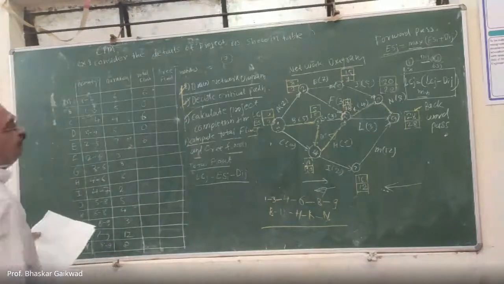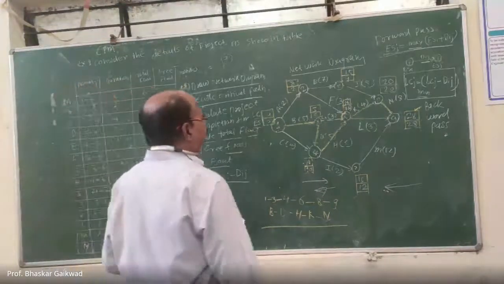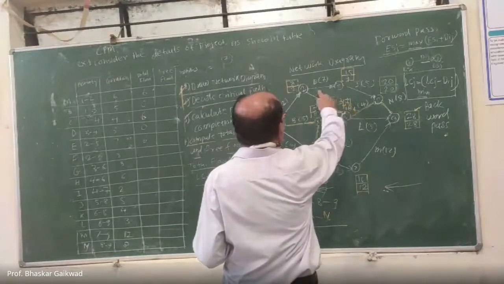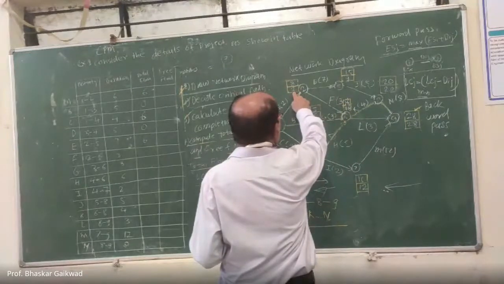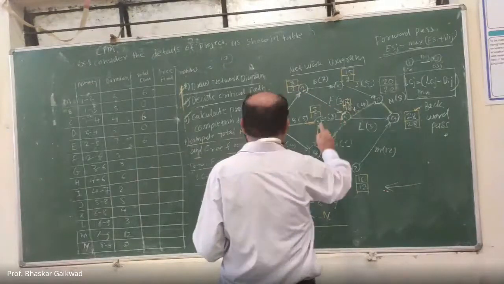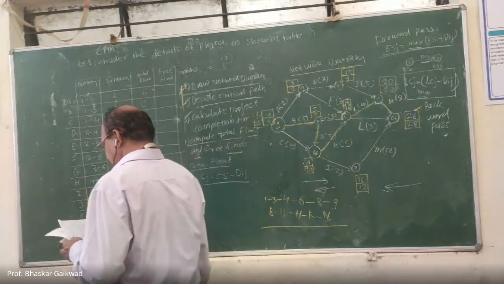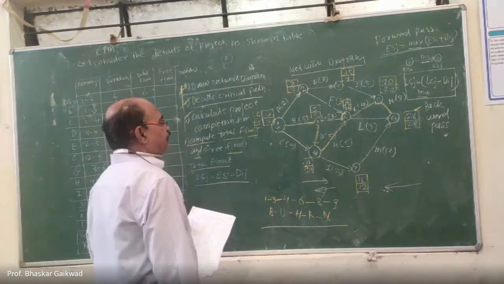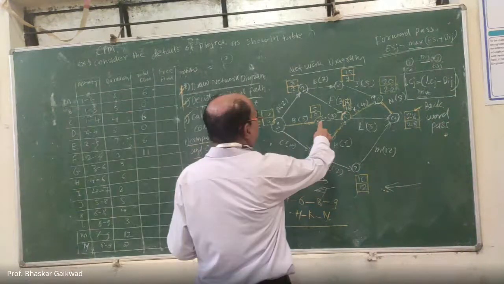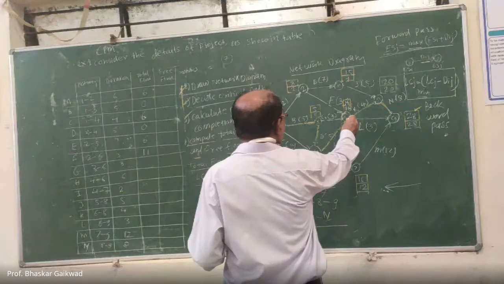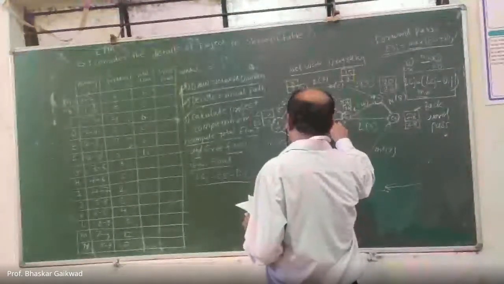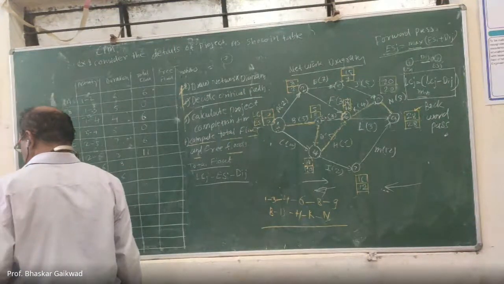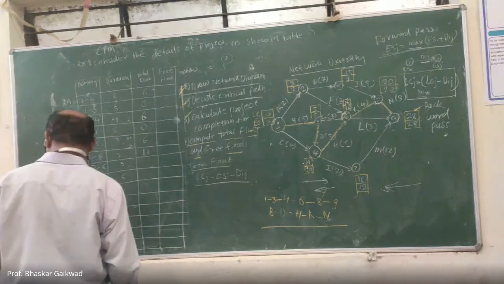After that, F. Where is the F? This. So this is the 16. 16 minus 2, 14. 14 minus 3. How much there? 14 minus 3, that is the 11. So you can write 11. G, 3 to 6. Yeah, this is the 16. 16 minus 5, 11. 11 minus 3, how much here? 8. So here it is 8.